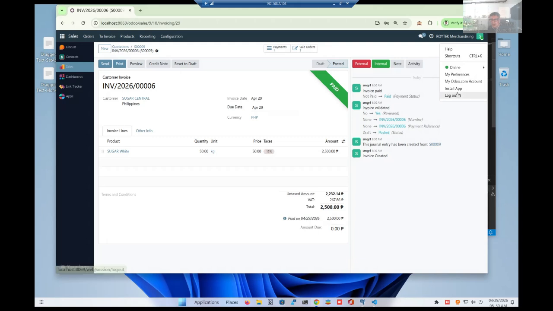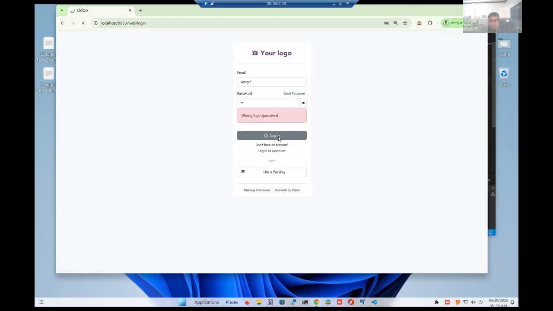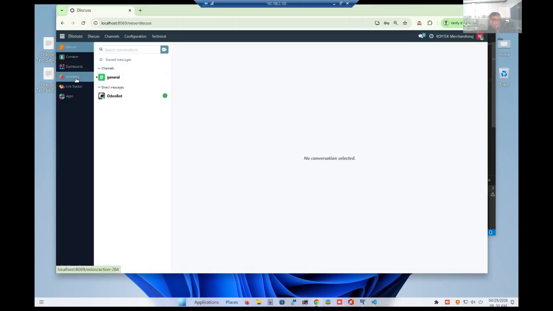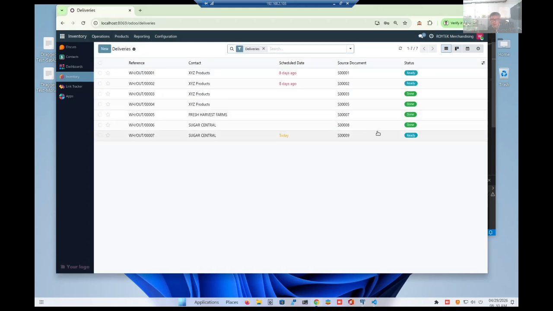And then if you log in as warehouse manager, you go to inventory, operations, and then deliveries. Now we have another one which is ready. This has been done. So we look at this.